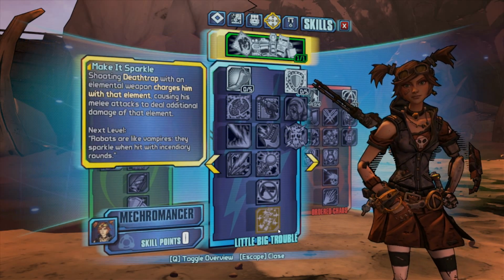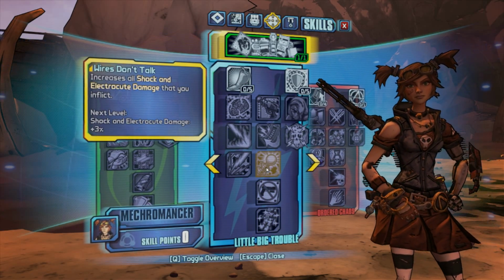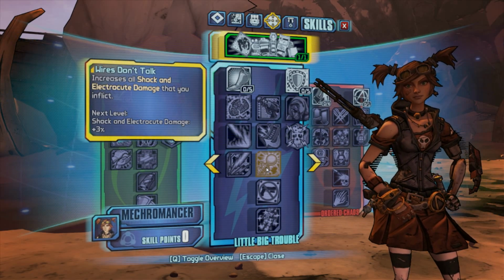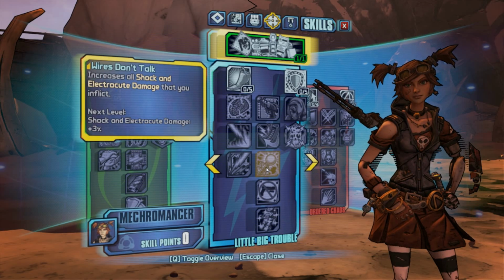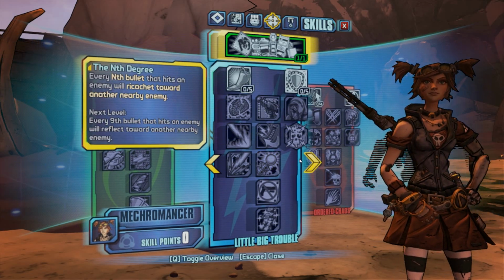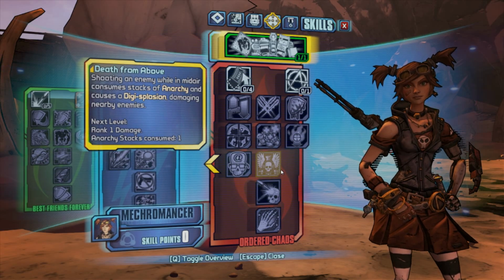Little Big Trouble is more of a glass cannon build, where you just make everything that you do more effective, so slag damage, shock damage, all those kinds of damages will be stronger and more powerful in that sense. And then of course you've got Ordered Chaos, which is more of a